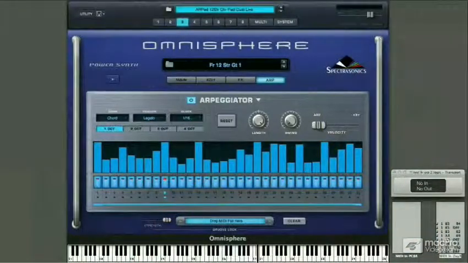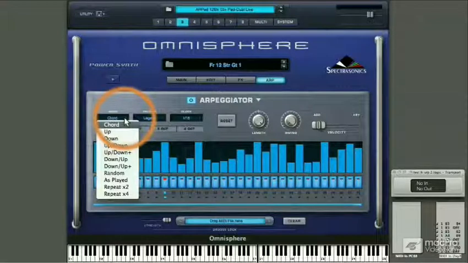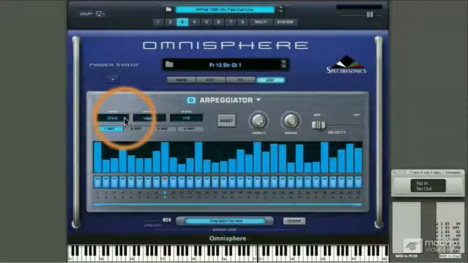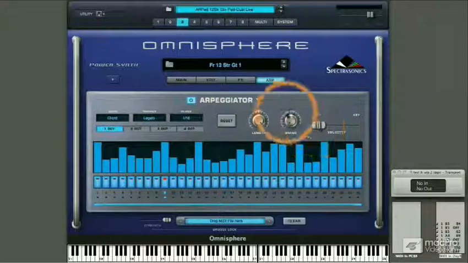In this video, we'll get into some more of the details of working with the arpeggiator. I'll look at mode and trigger settings shortly. Currently, we're working in chord mode. Our trigger setting is set to legato. Let's see how that works, and we'll look at an interesting interaction between the length of notes and the swing